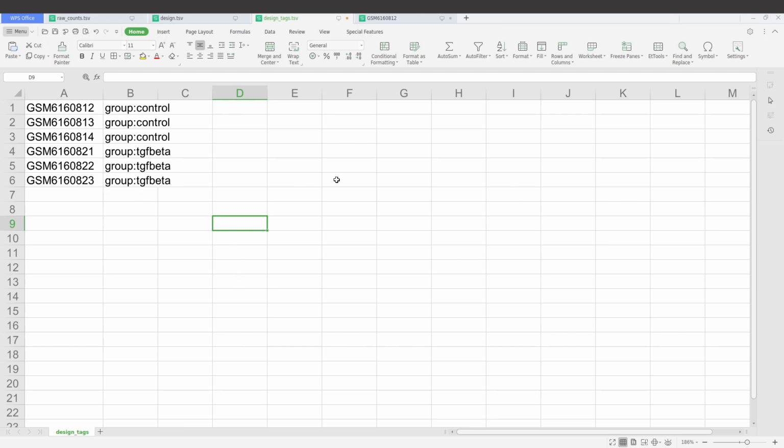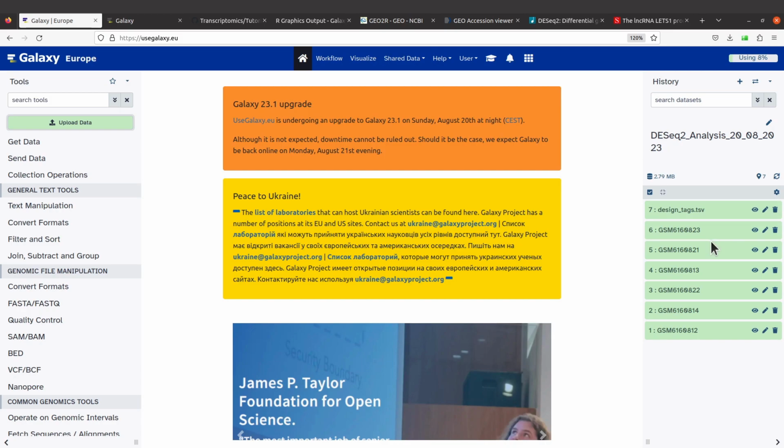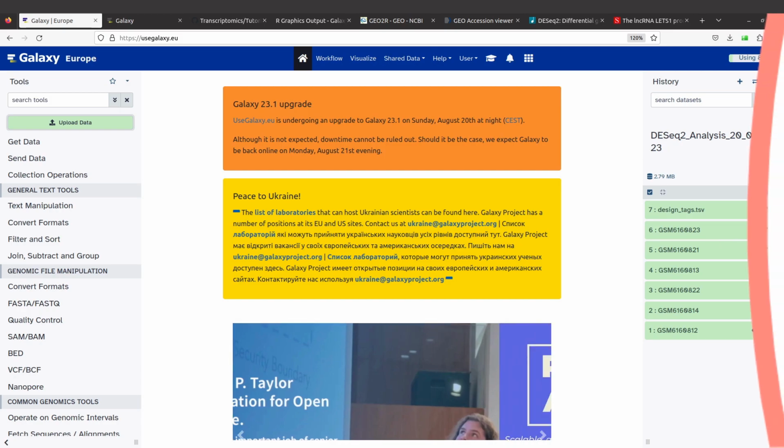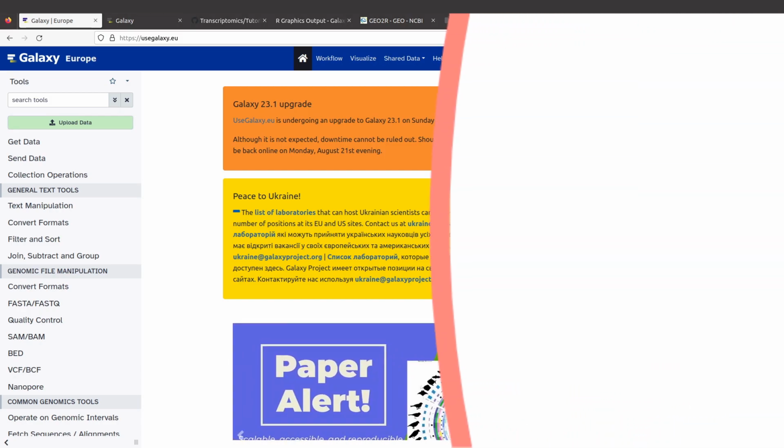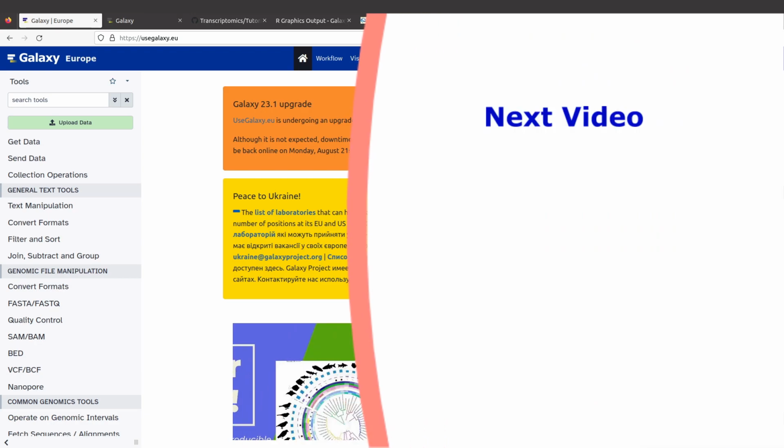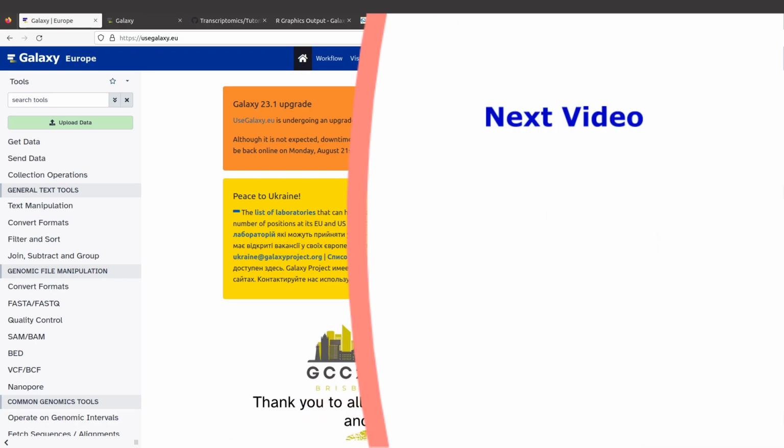That is why I had to create this file. So if you also want to learn how to create files like this for RNA-Seq count, you can always reach out to me and then we can have a session on that. Now let's get back to the Galaxy platform and then proceed. So we are here now. So this is what we are going to do. We will need to link the data up. We need to